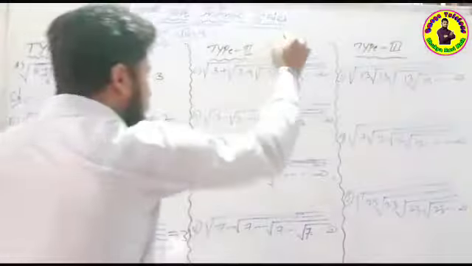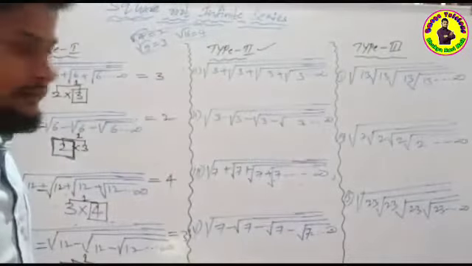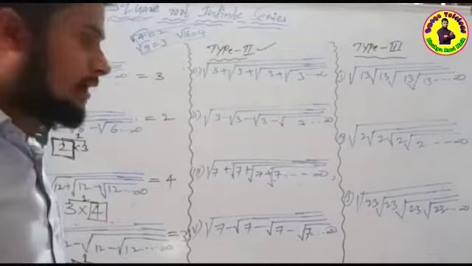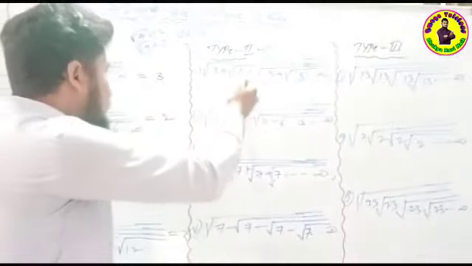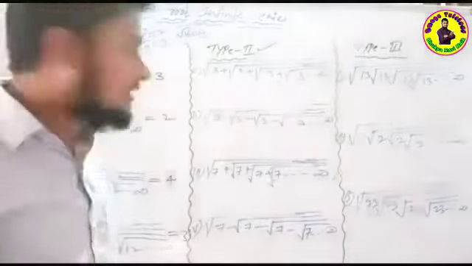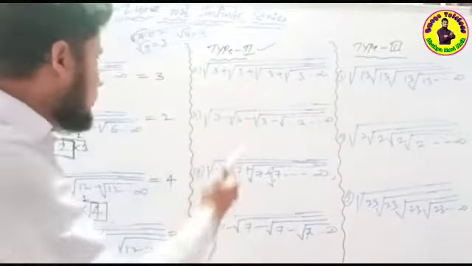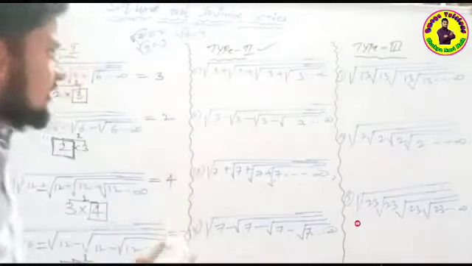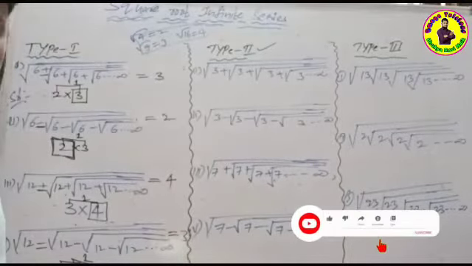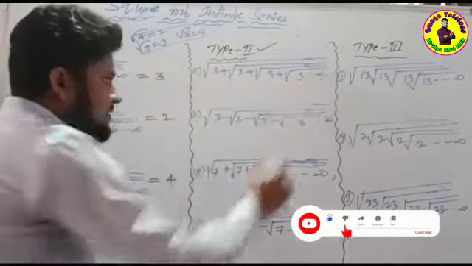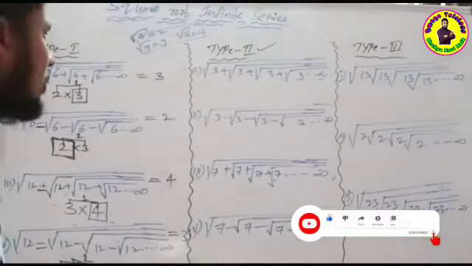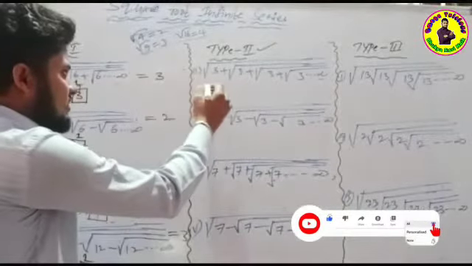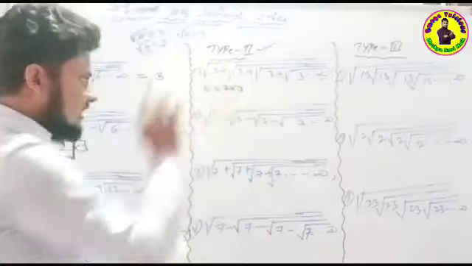Now the next one, type 2. Type 2 is very simple. Take 3, but 3 is not divisible. It is a prime number. The definition of a prime number: it is divisible only by itself or 1. So there is no factor here, and it is not divisible. It is like a prime number. So if a number like this is given in an infinite series, how do we find it? Suppose the sum before is 6, then we should write 6 as 2 times 3, like this only.